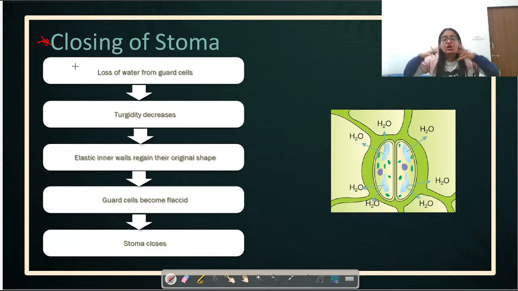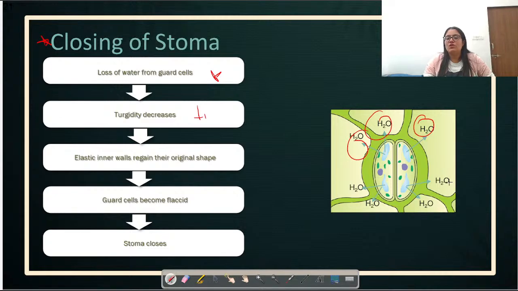First of all, water will be lost from the guard cells. That will be a decrease in the turgidity. That water will be lost from guard cells and move to the surrounding cells. As a result, there will be a decrease in the water or turgidity of the guard cells, right? The elastic cell wall regains its original shape. So initially, when turgidity inside the guard cell increased, the walls of the guard cells became crescent shaped, right? So whenever the water is lost, guard cells will regain their normal shape, and as a result, the stoma,